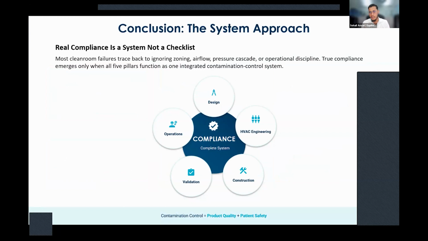If you follow all this as per the standard process, the contamination control will mean product quality